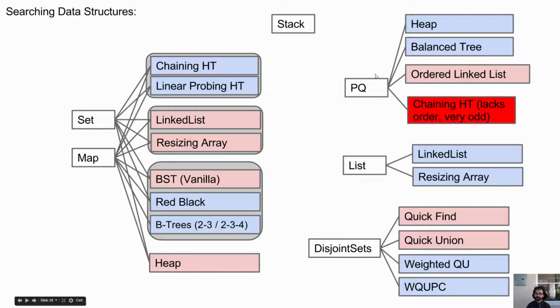Okay, how about the priority queue? Well, we talked about a couple of implementations. A heap is a really good one. A balanced tree is also fine. The problem with this one was that we didn't support duplicate priorities, but we could get around it. But as far as performance is concerned, both of these would actually be quite fast, just this one would be a little more awkward. We could also do an ordered linked list, or an ordered array, or whatever else,